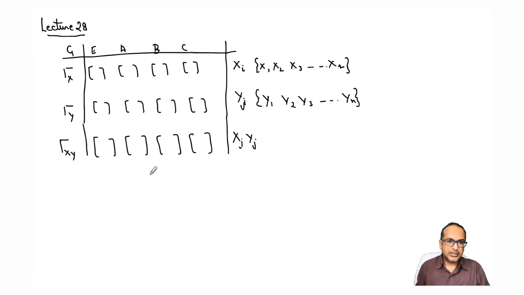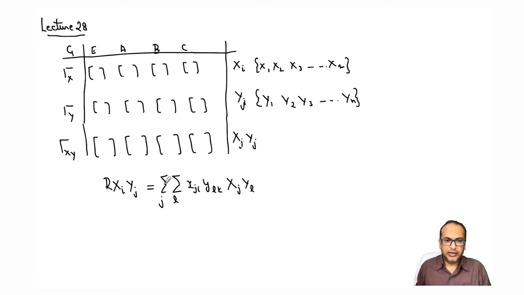Now in this case I can always write that R, when it is operated on xi yj, then I get a summation. What we get was xj and yl, right? It's a double summation with j and l going to corresponding values of m and n,